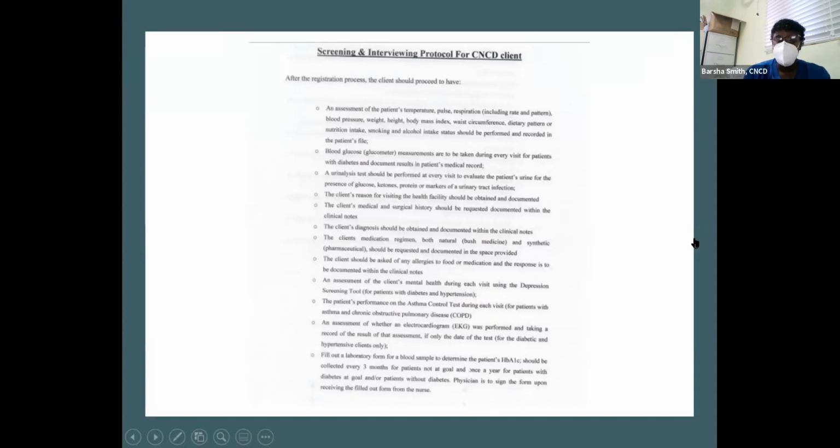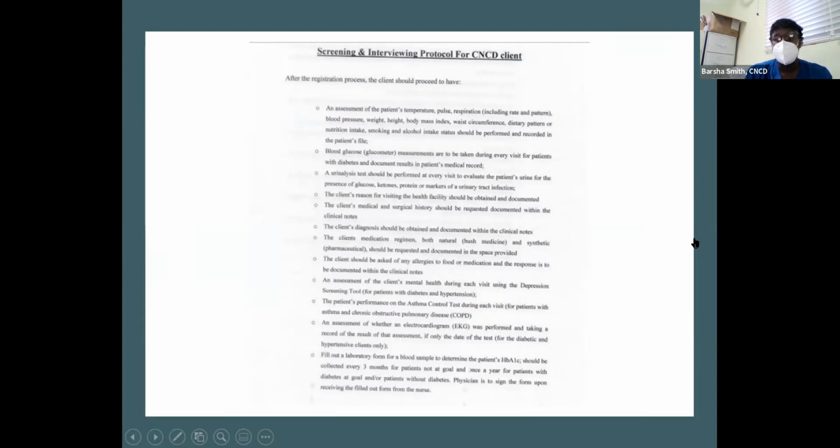We need to make sure that we use all those screening tools that I just showed you. We have to make sure our patients have an ECG done. Our hypertensive patient must have an ECG done at least once per year. And then we have to make sure that they have their labs. I know presently there are some clinics that have challenges with having blood tests done. And we're working to provide portable machines, and maybe, especially for the Family Islands, to have a team of phlebotomists and ECG persons go down to the islands to provide the services to those patients, because we should not only limit the services to New Providence.